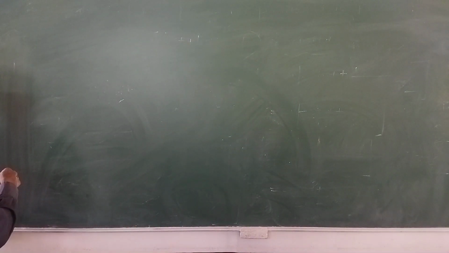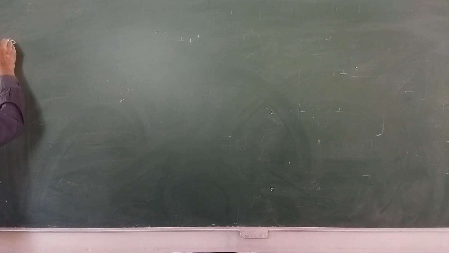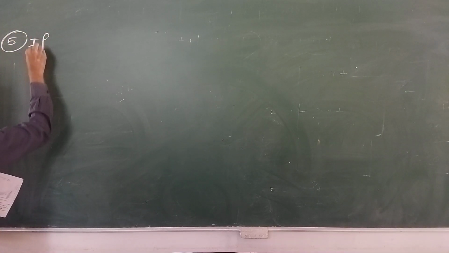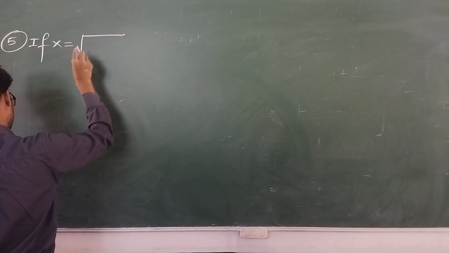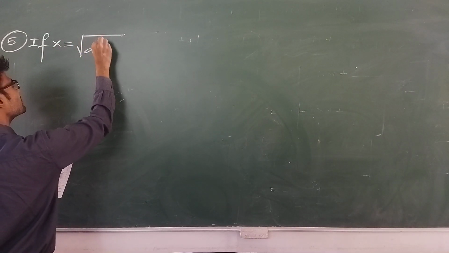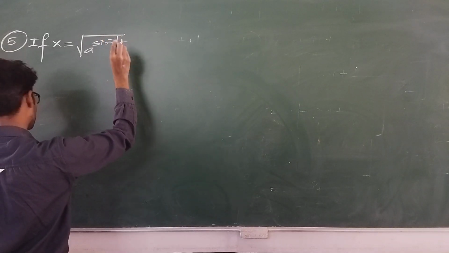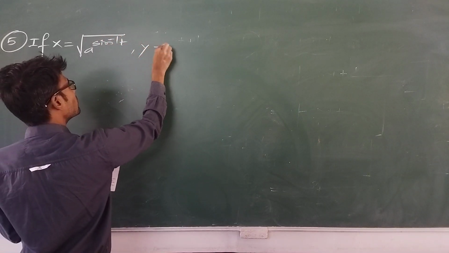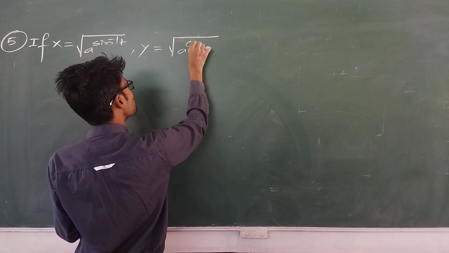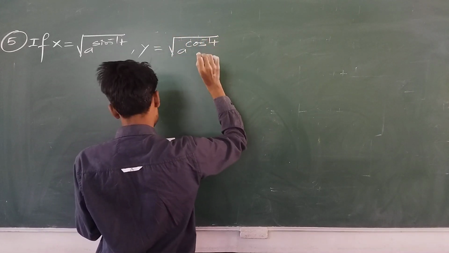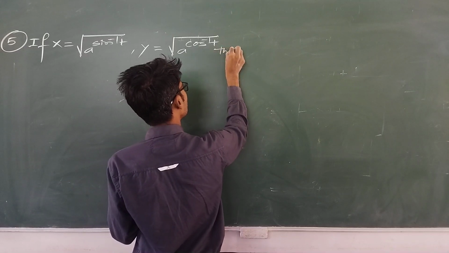Example, fifth example it is. If x is equal to square root of a raised to sin inverse t, y is equal to square root of a raised to cos inverse t, then show that